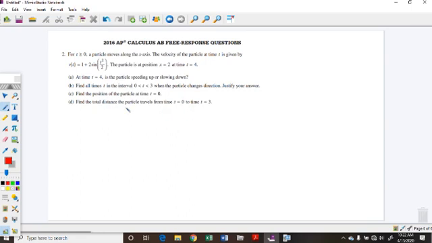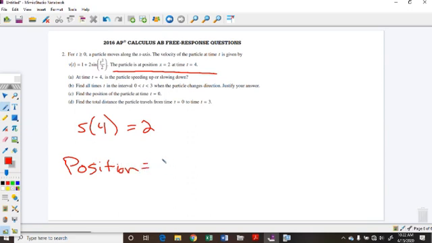Well, to start with, I need to know where it's at time t equals 0. And that's right here. Alright? So I need to find out the location of the particle. Okay, so you can say that S of 4 equals 2. Okay, and then you can say that the position